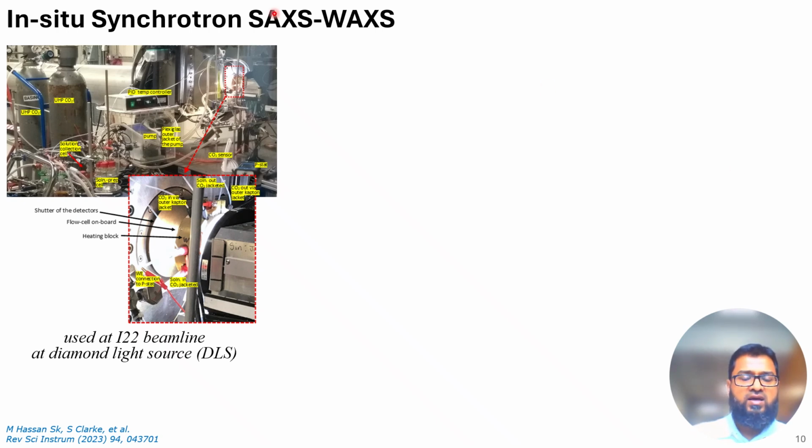technique, which is simultaneous small angle and wide angle X-ray scattering using high brilliance synchrotron X-ray radiation. And this is the setup, which is detailed, you can get from this reference here. This has been used at the I22 beamline of Diamond Light Source, and